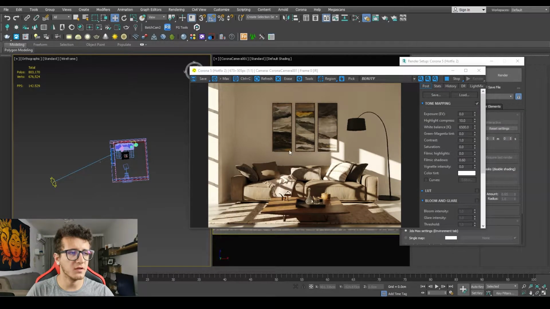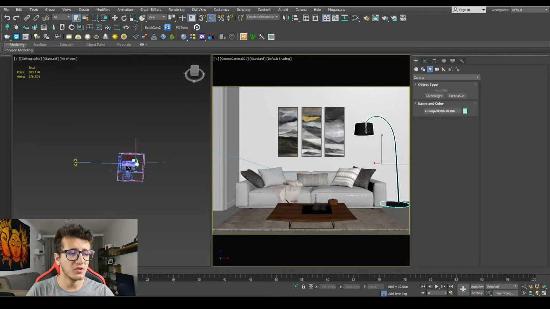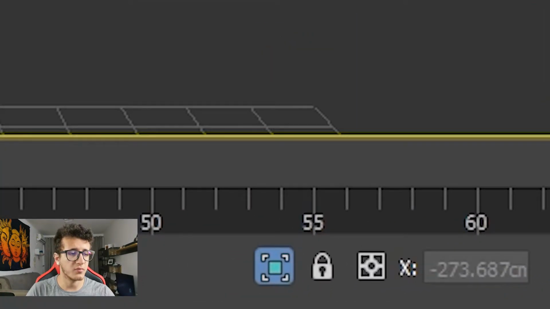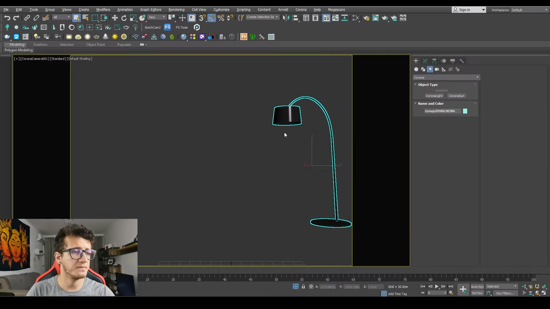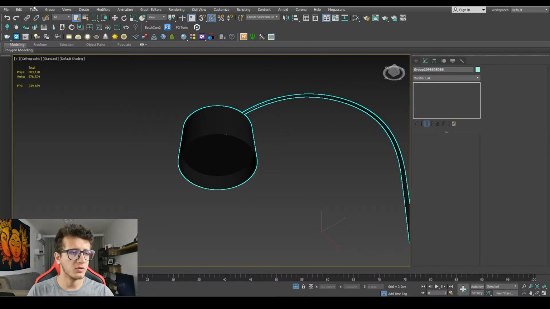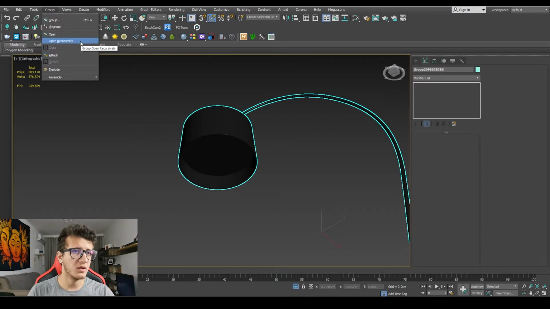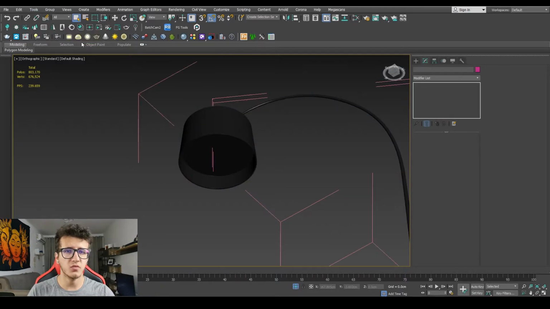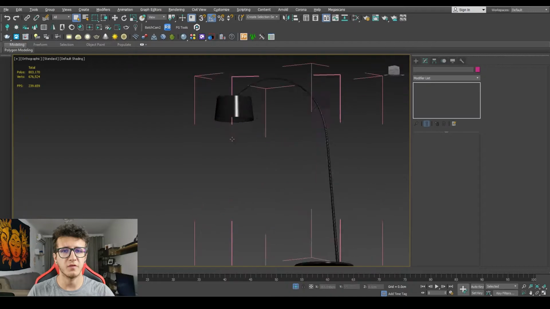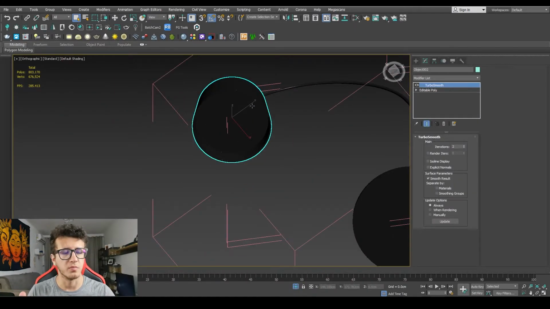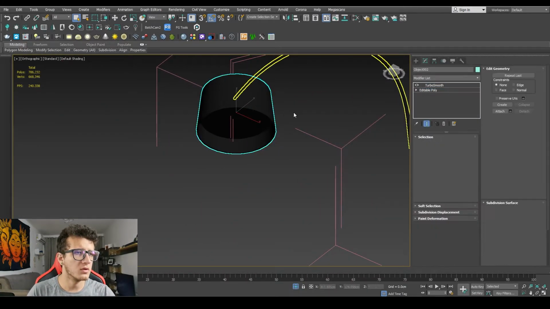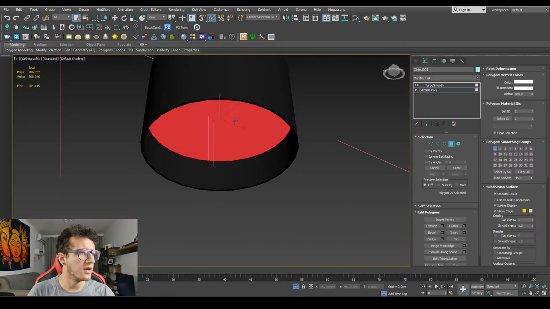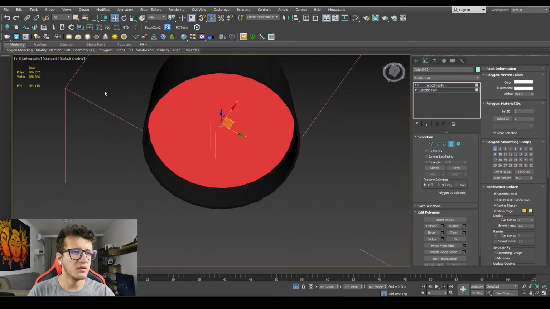And now the last thing is to put a light for the lamp, and for this I'm going to put a light material. You can isolate this by pressing on this little button down there. The lamp is a group, and first we have to ungroup this, and we can ungroup it by going to group and open recursively, and this will open all the groups, for example if there are many groups in one big group. Now select the head, go to edit poly and just